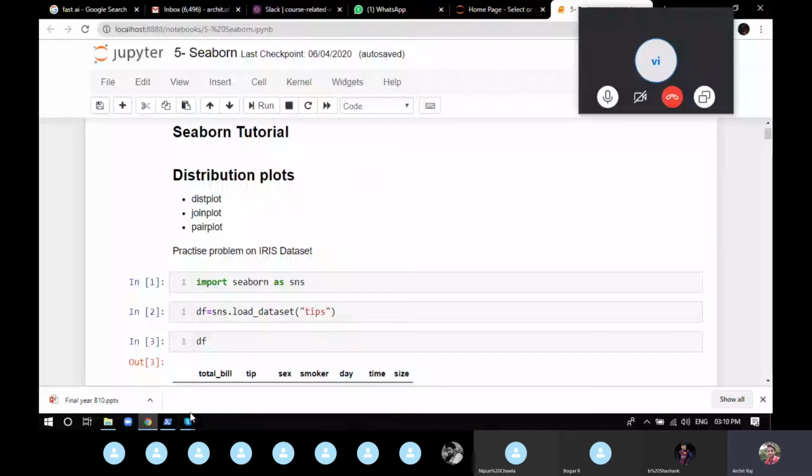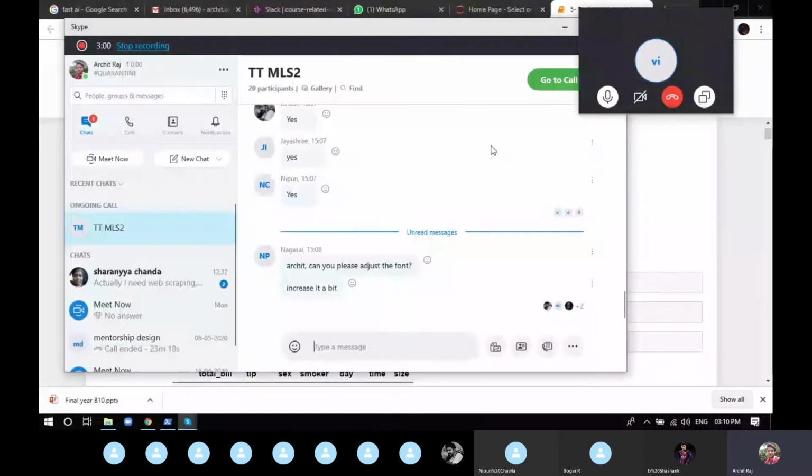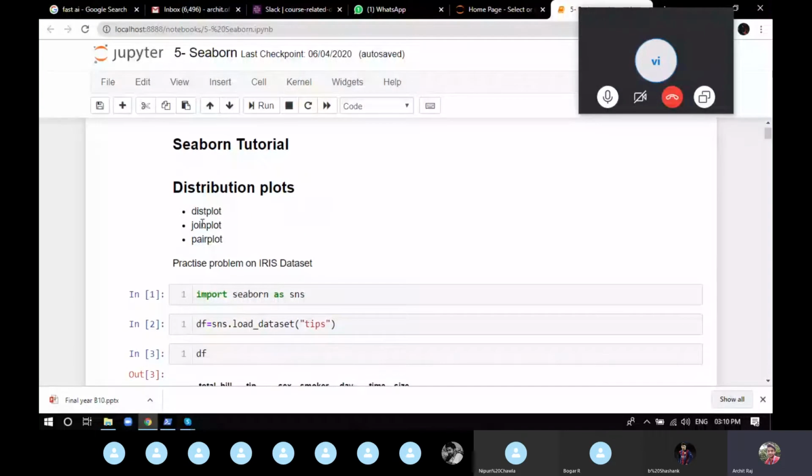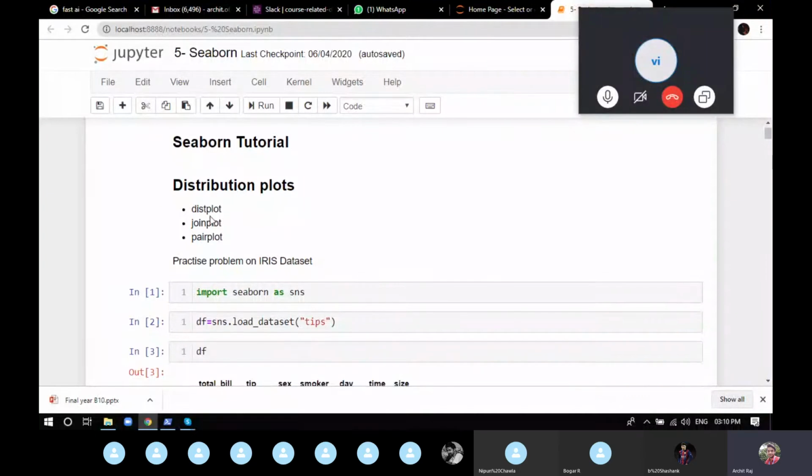First we're going to learn how to display graphs which are continuous in nature, which include numbers. Later we'll check the graphs which have categorical values. So first we'll go for the numbers. For this, we're going to go for three graphs: dist plot, joint plot, and pair plot. Joint plot shows the relation between two variables, like how x is related to y, or how age is related to weight.